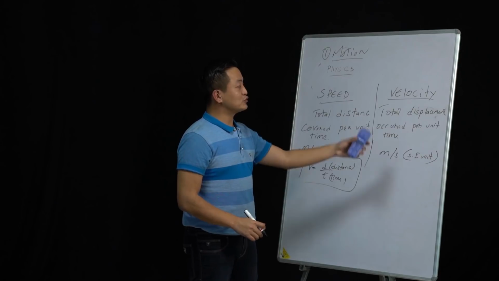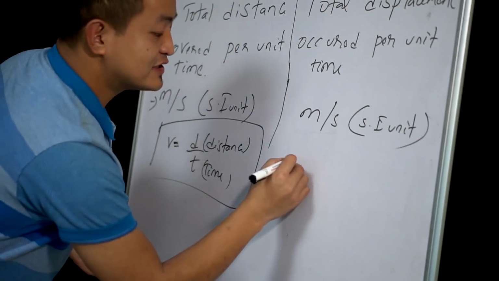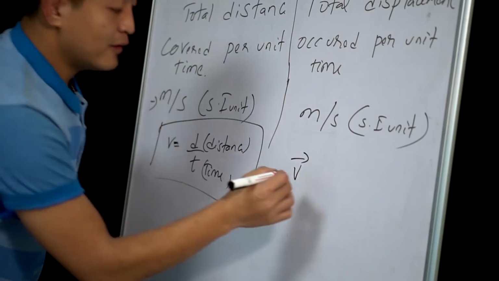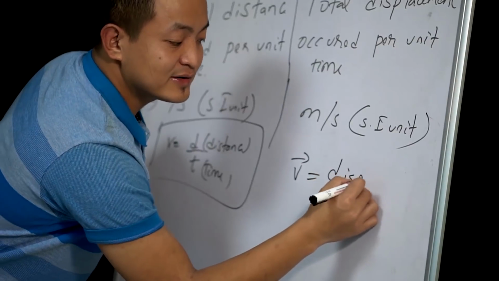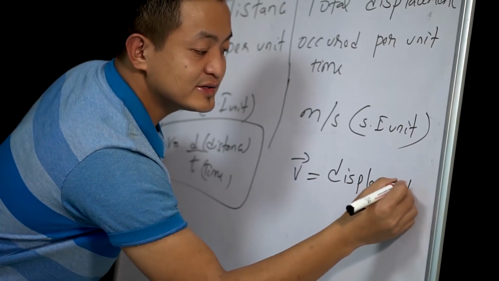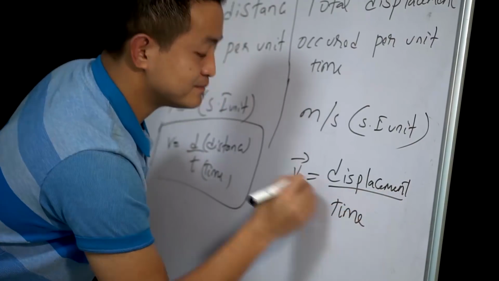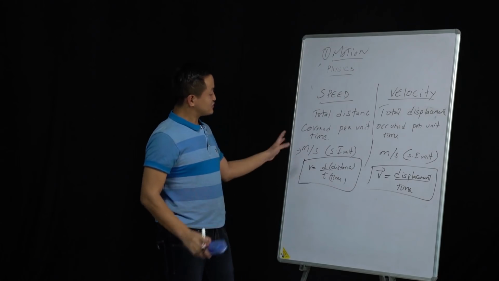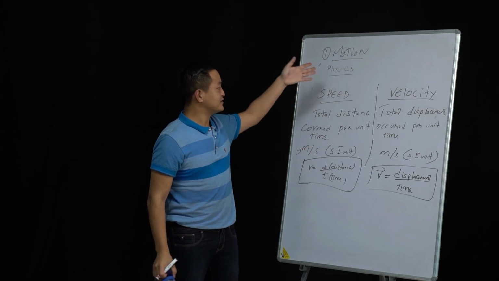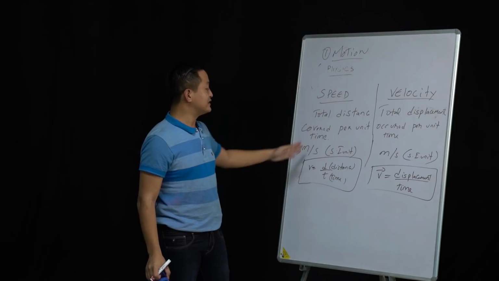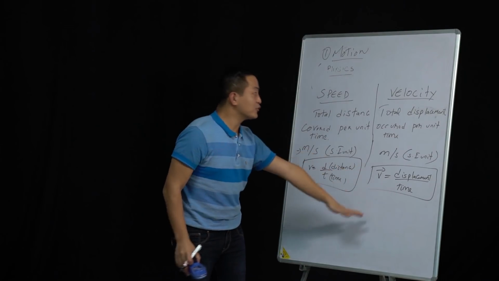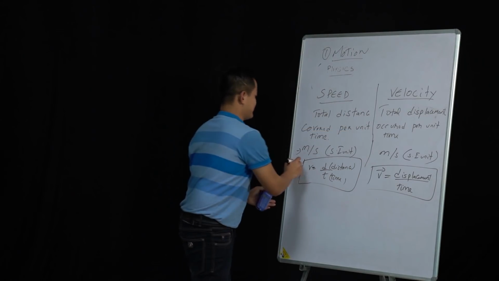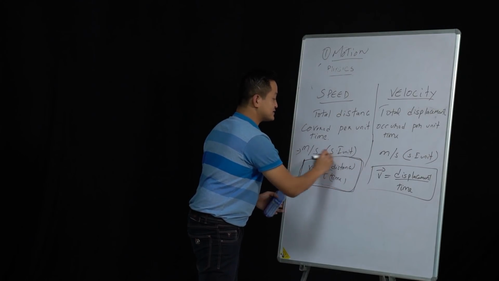And now if you are told to calculate the velocity, since it's a vector, we would indicate it with this arrow or a bar. So it will be displacement upon time. So, my dear students, please note down the difference between speed and velocity and this formula, because using this formula we calculate the velocity, and using this formula we calculate the speed. Clear? So I have drawn it like this here for you.